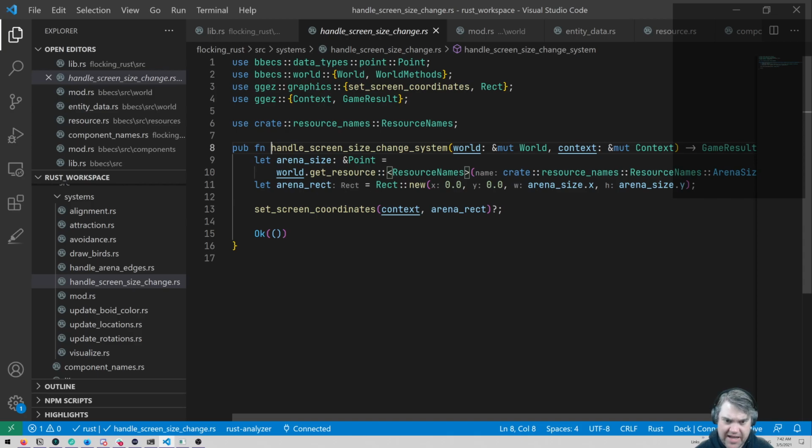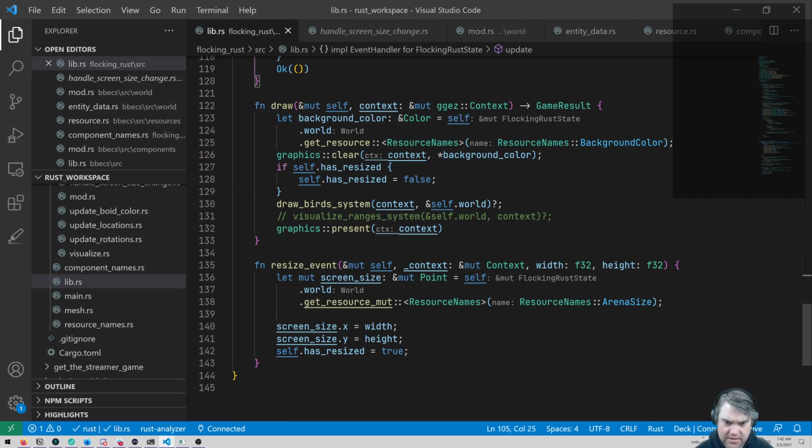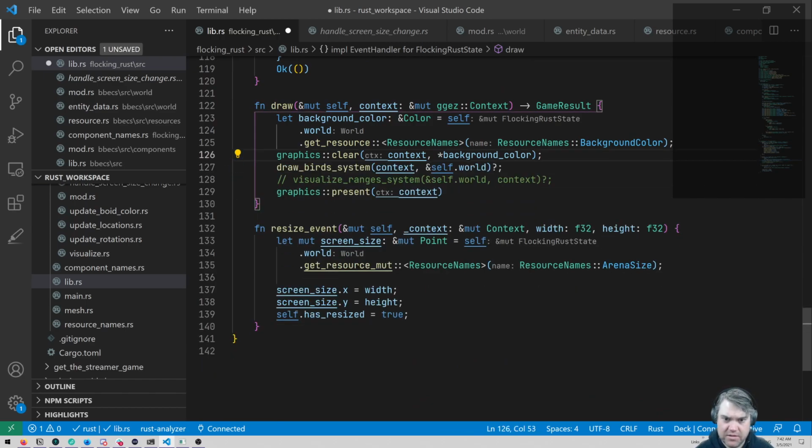I only want this to happen once. Oh, I probably should have it update the resized false in there. Yeah. Okay. Let's try this again.